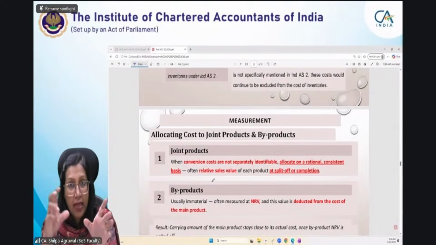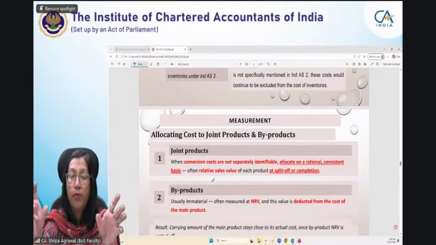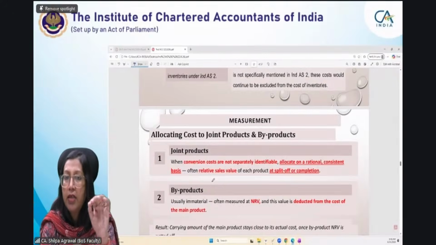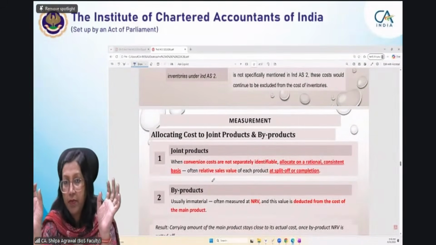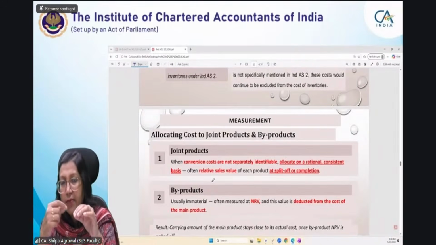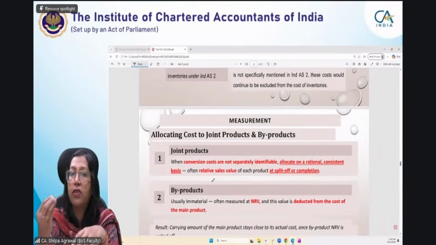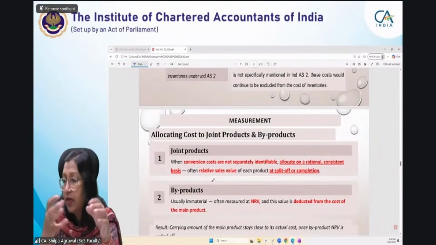At the same time, we have one byproduct also. That byproduct is the outer shell, the hard shell of the coconut, and that is in general waste. It is not used for anything. That is sold as scrap. Or otherwise the fibre of that is used to manufacture ropes, it is used for making rope.